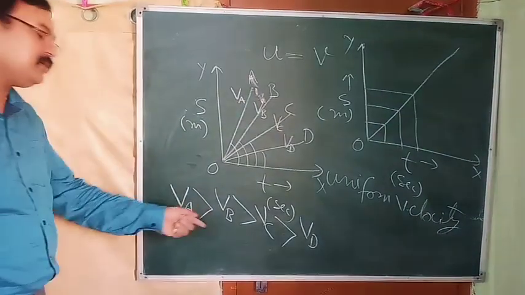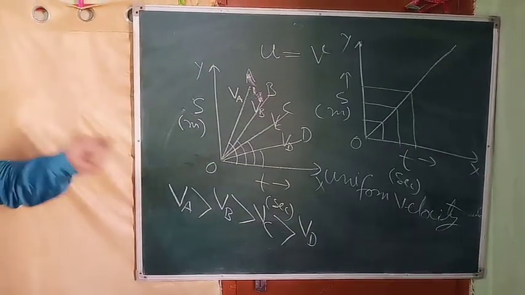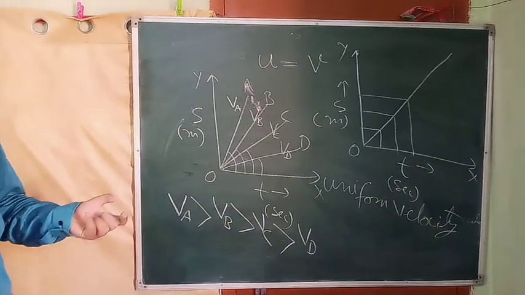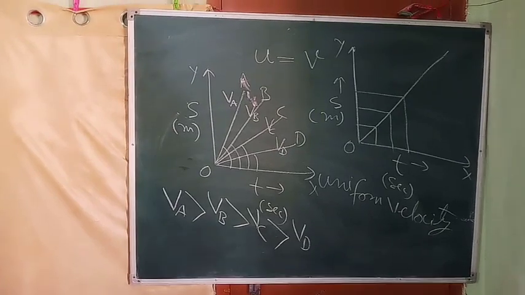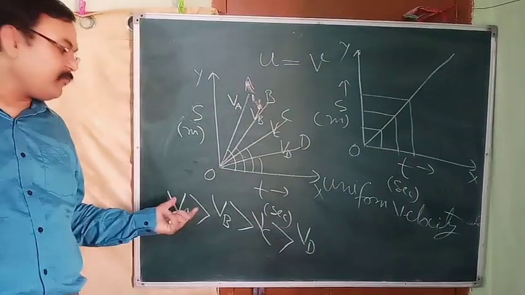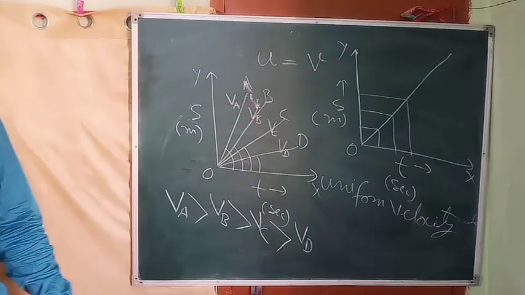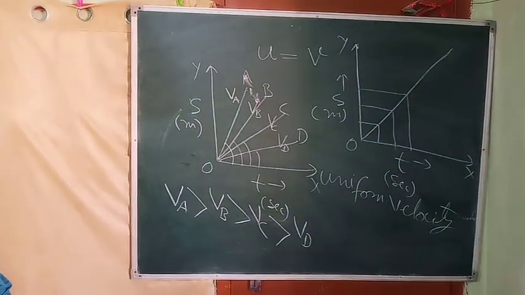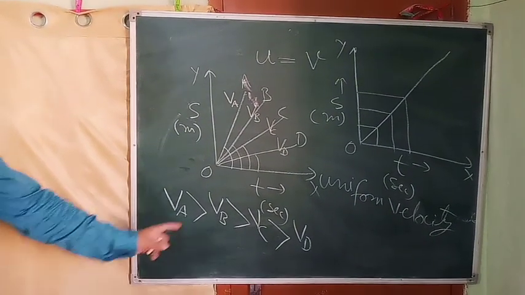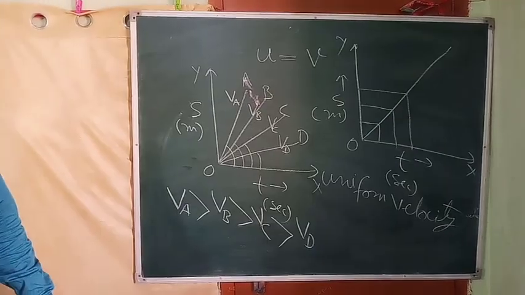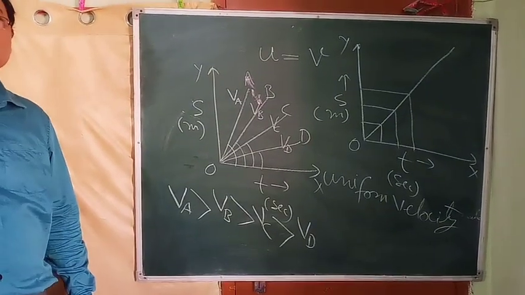Okay. So in this way you can say which body is having the largest velocity and which has got the smallest velocity. So A is moving with the maximum velocity, and D is moving with the minimum velocity out of these. So this is the decreasing order of their velocities. If it is asked to write the increasing order, you can write it inversely and you will get the result.